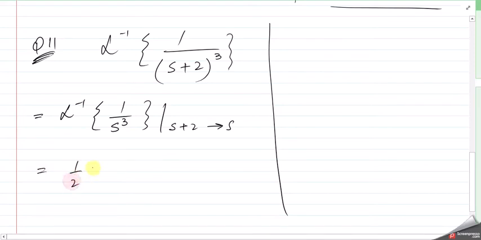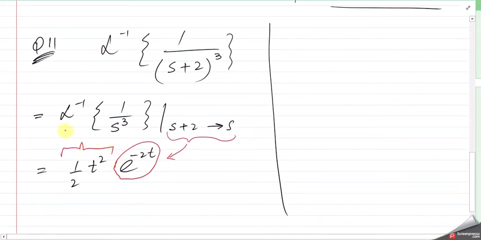It is 1 over 2 t square. Okay, and then for this thing we need to put e raised to the power minus 2t. For this term we add e raised to the power minus 2t, and this one is coming from,